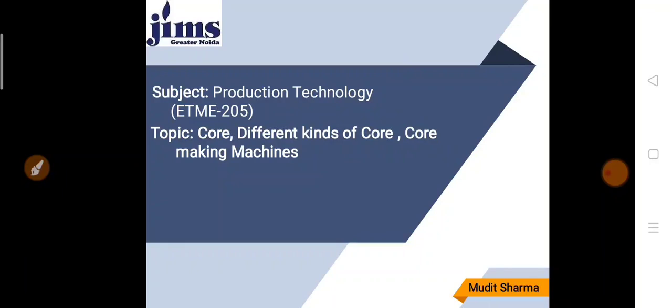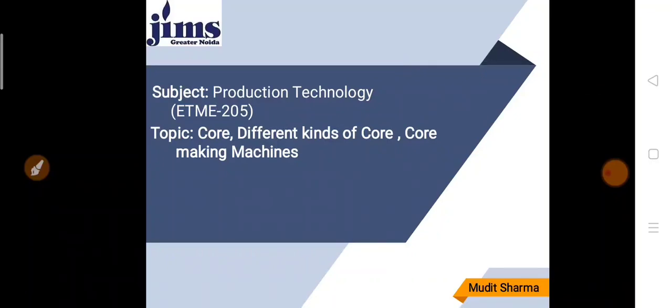Here we already use refractory material, which means it can sustain higher temperature. So the core material should have high refractoriness. This is another property. The casting is provided with a smooth surface finish if the surface of the core is good.